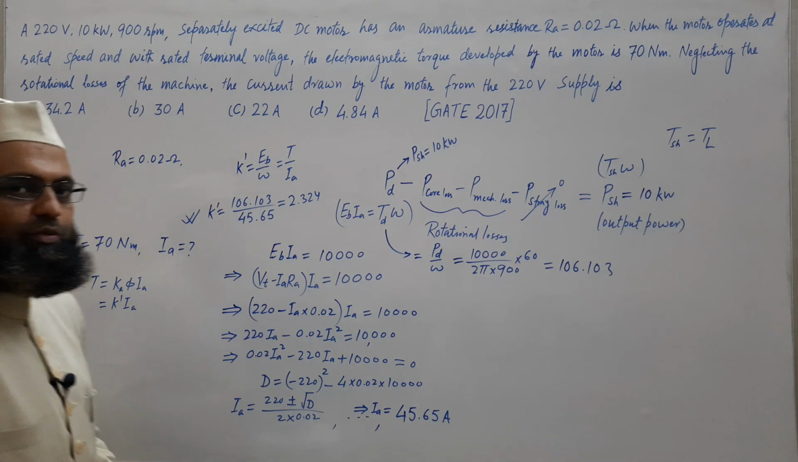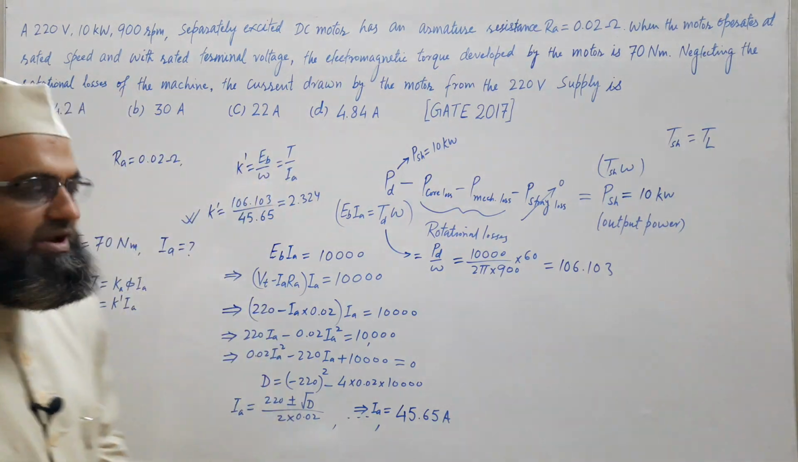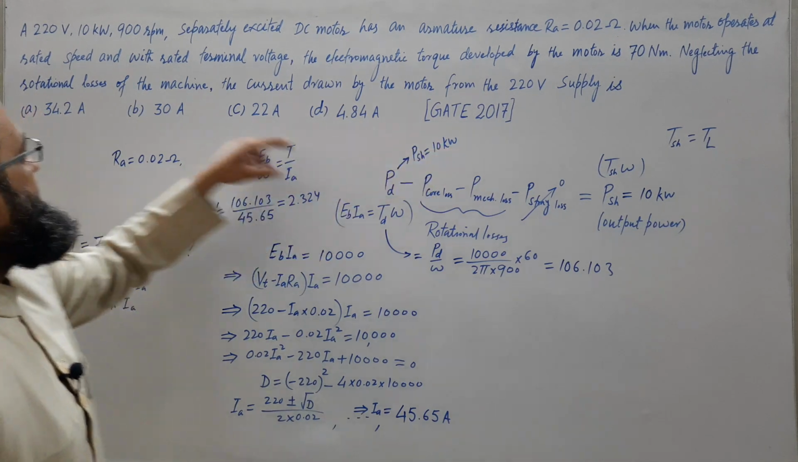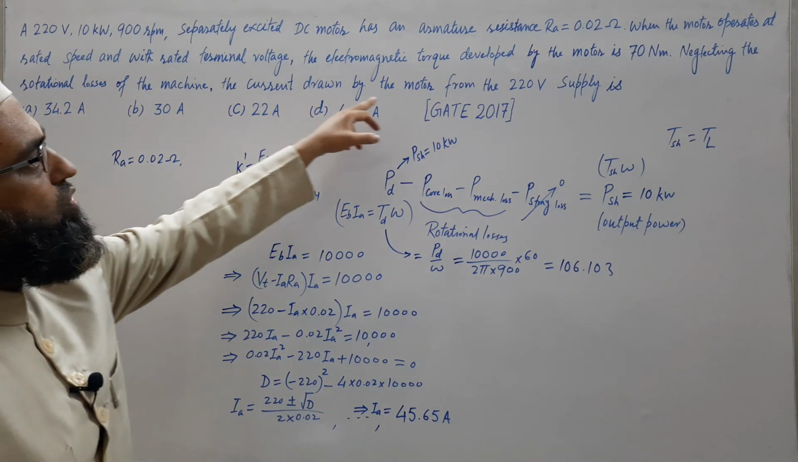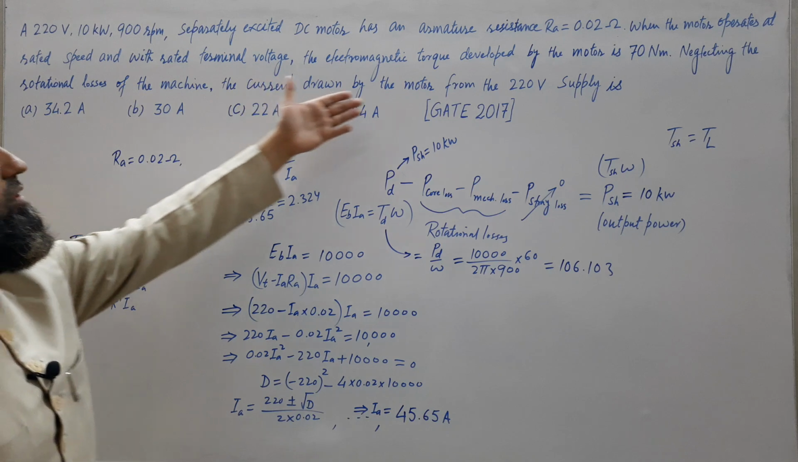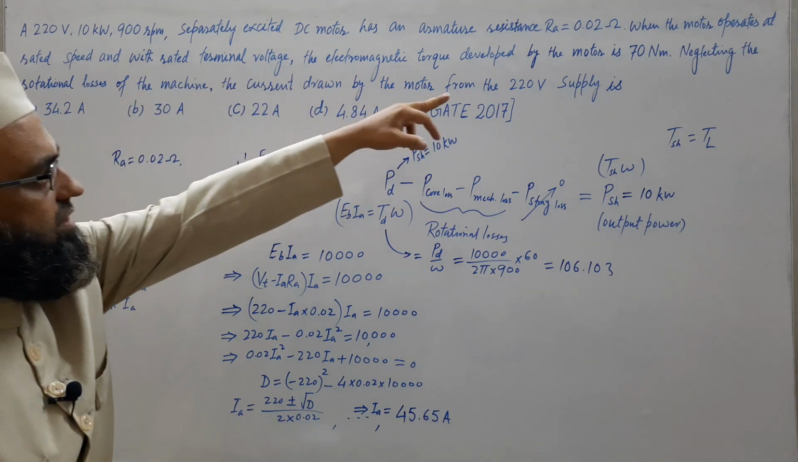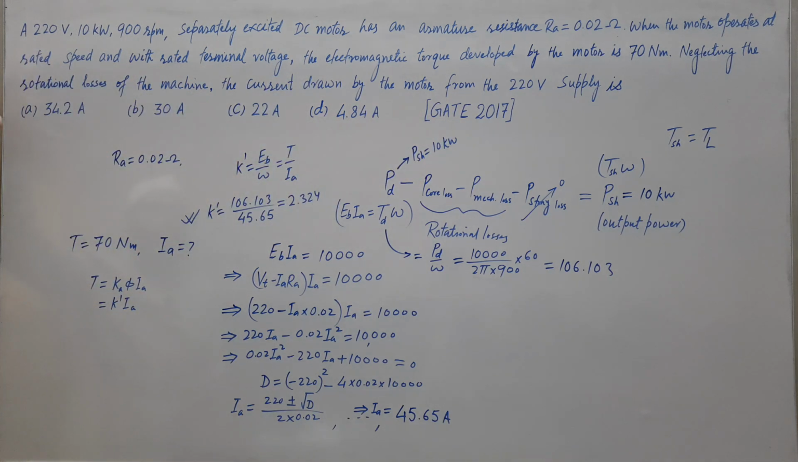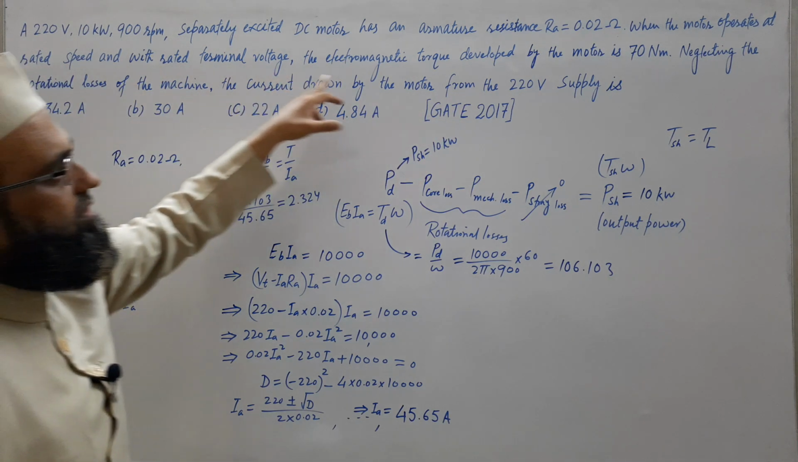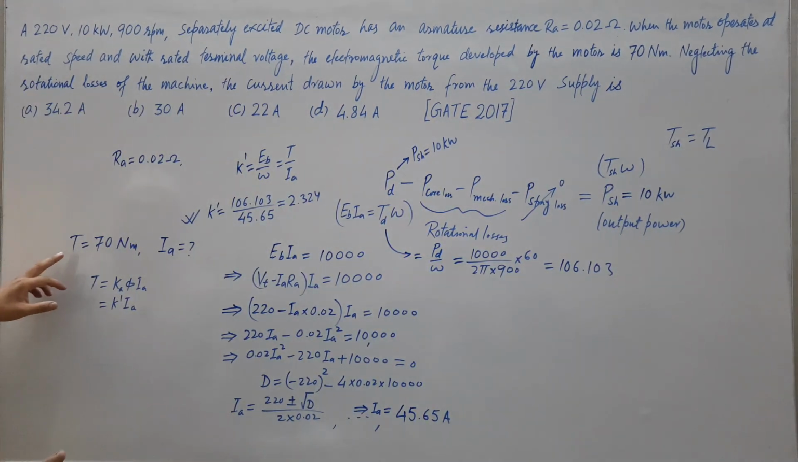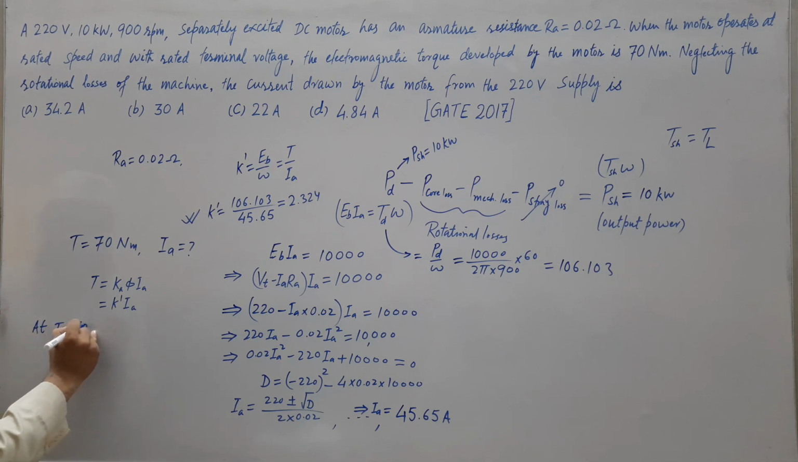Once K dash is obtained, just relax. Whatever has been asked, you can obtain. So it has been asked Ia. See here, the current drawn by the motor from the same 220 volt supply, when operated at the same terminal voltage, it develops, corresponding to a particular load, 70 Newton meter. So at T equal to 70 Newton meter,